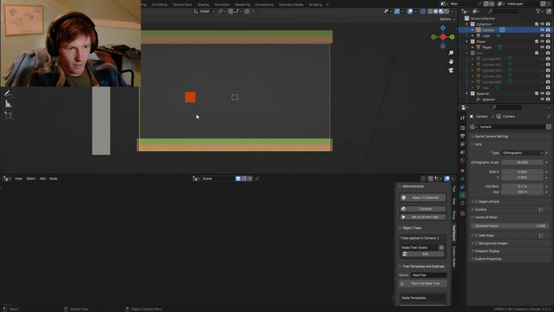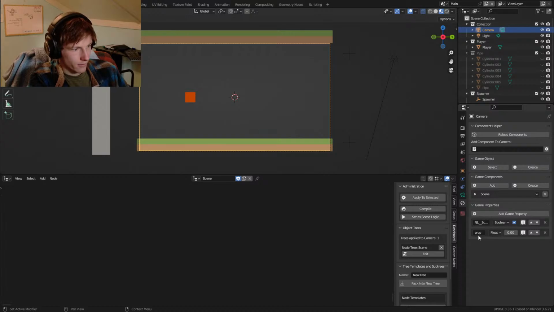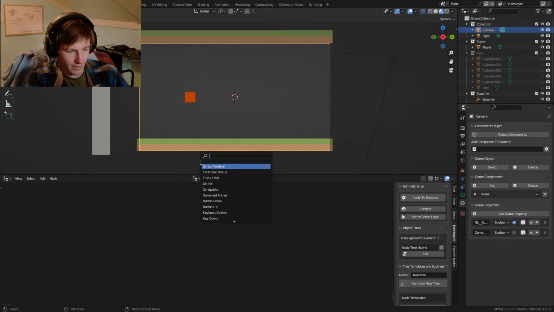So when we get our... Yes, okay. Let's add a... Okay, I'm getting a little bit ahead of myself right now. So for our scene, the first thing we want to do is add a property here. So we're going to do another Boolean, and we're going to call this game over. Game over. And we'll set that to a Boolean, as we say. And what we're going to do is use the same method that we did from our player script, where we're just going to change that Boolean in the player script to when we collide with an object, it's just going to give us our game over. So all we have to do here is add a